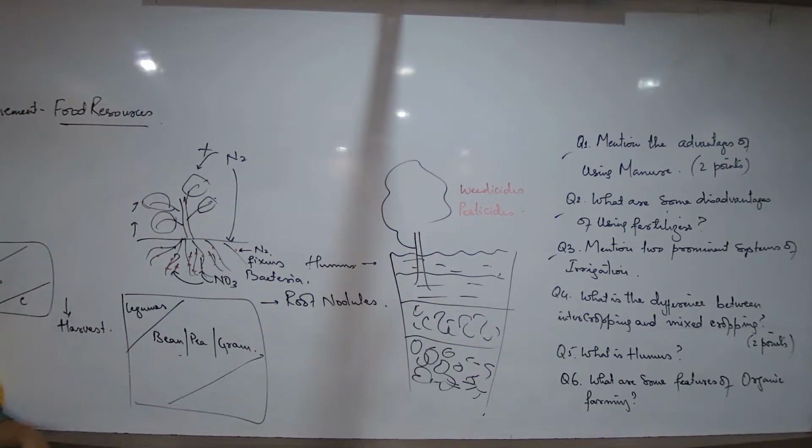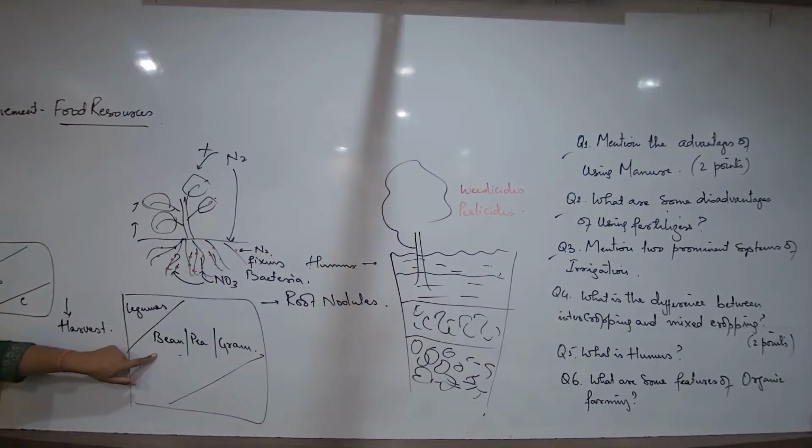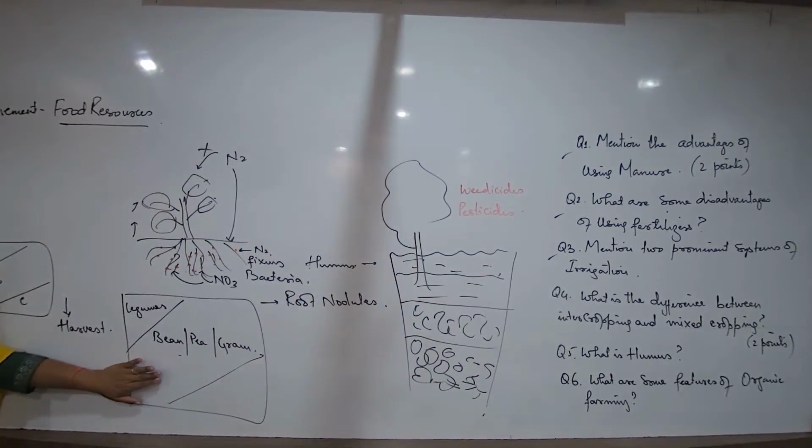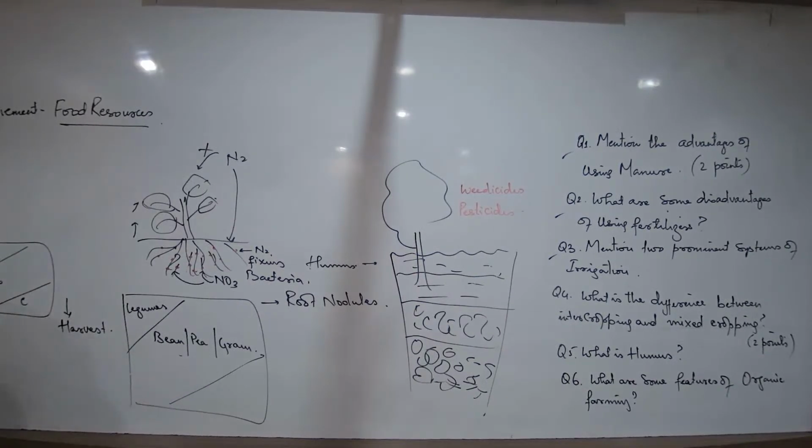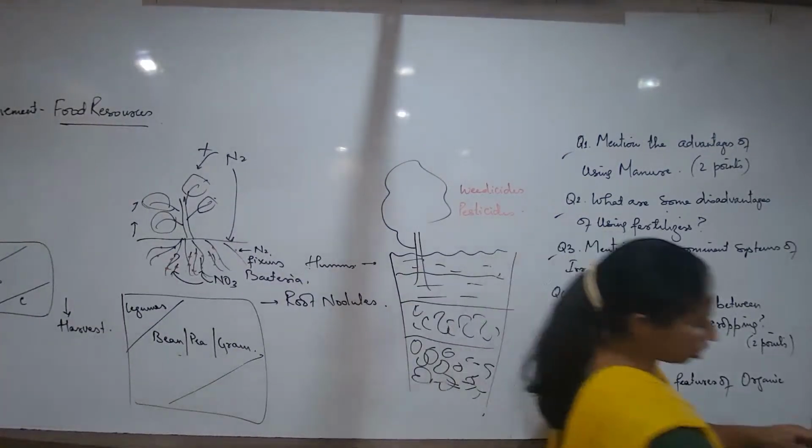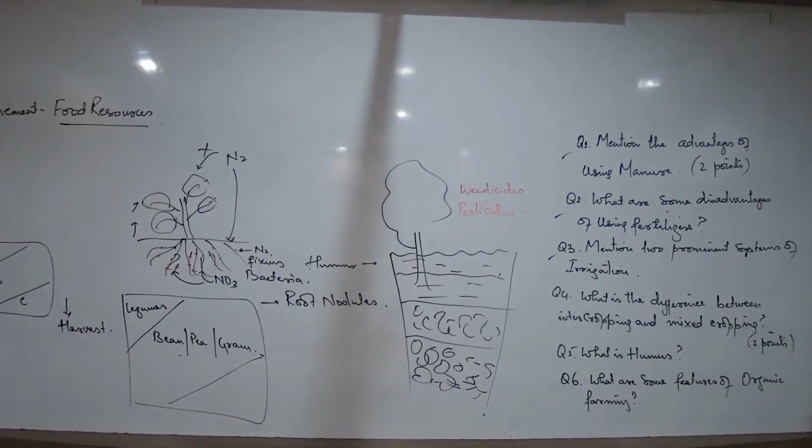So which is a beneficial method? Grow A, B, C, and then next season D, E, F with fertilizer or without fertilizer? Without fertilizer. So in this method, the benefit is you are getting 3-4 types of crops, and you are getting the soil naturally fertile, naturally made fertile. So that is known as crop rotation. That is known as crop rotation. Come to the next concept. We talk about crop protection.